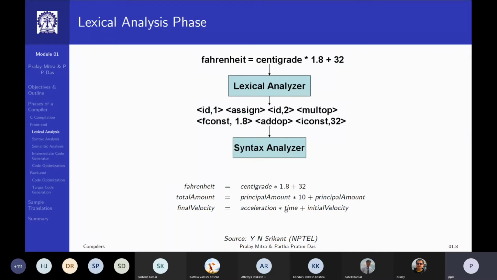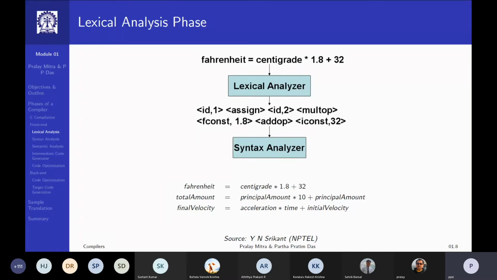Or I can have a little variant of this. Final velocity is acceleration times time plus initial velocity. Here it is different in that this fconst 1.8 is actually ID3, and 32, instead of iconst 32, you have ID4. But structurally, if you look in terms of the arithmetic, they are very similar. And the basic purpose of lexical analysis is twofold.